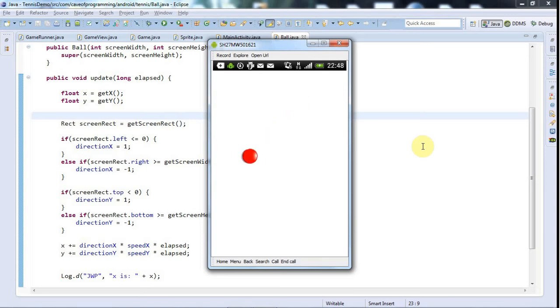But just for kicks, and because I'm very lazy, rather than fiddle about with pixels manually and try to align the two correctly, I'm going to write a little algorithm in the next tutorial which is going to find the non-transparent region of that bitmap. So we'll do that next time so that the ball will bounce more precisely,